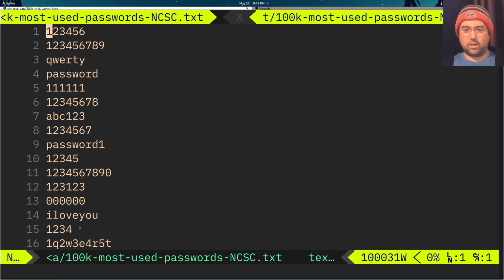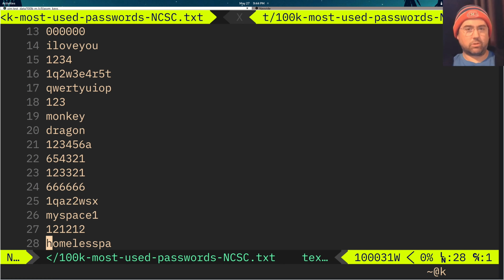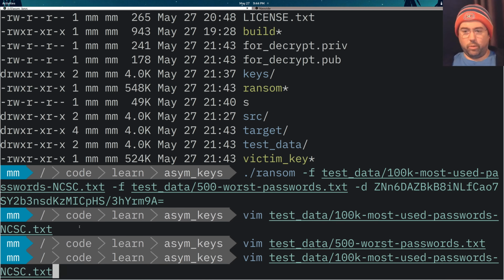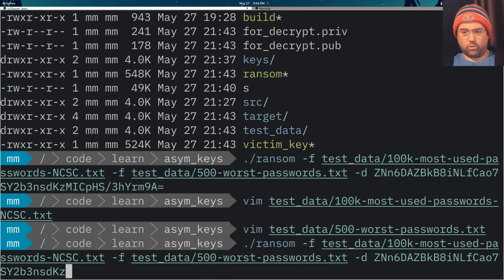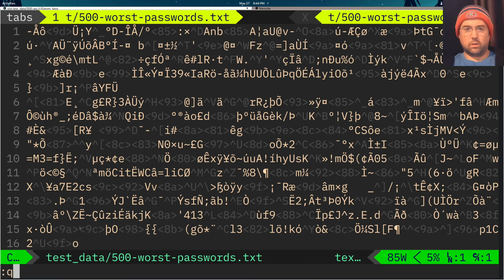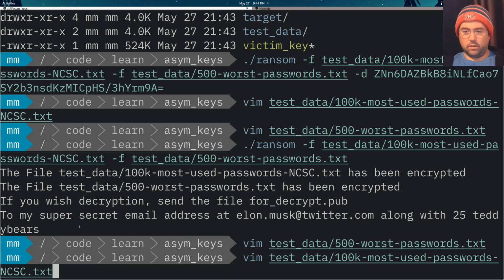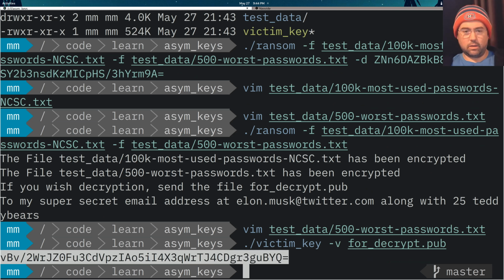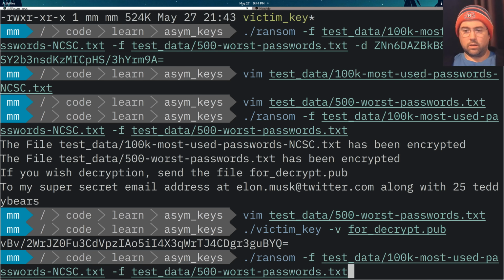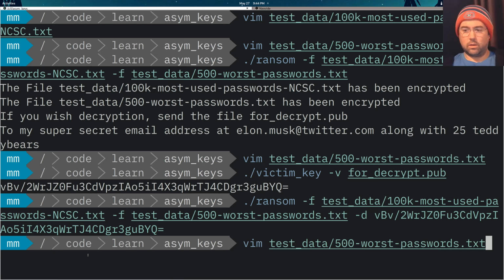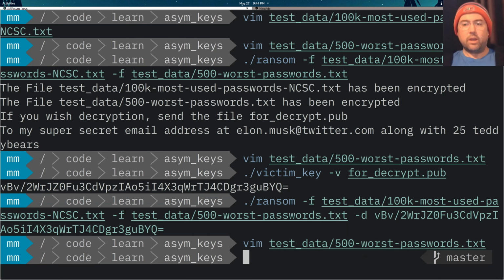Take a look at the test data. Okay, that's what it's supposed to be. And this guy again. Do it one more time and make sure it actually encrypts. Encrypted. Generate the key. We've got it. Okay. Now,